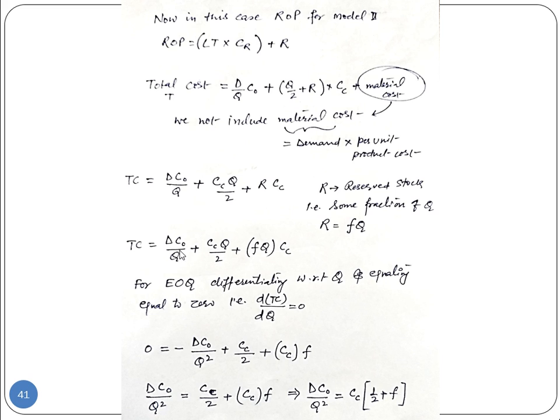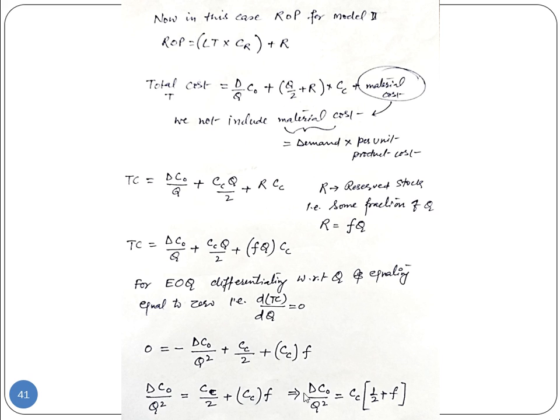तो इसका derivative we know, the derivative for this Q, ये ऊपर जाएगा -1, -1 आगे आएगा, -1 -1 -2, ये +2 नीचे हो गया, प्लस Q 1 आगे आ गया, 1 -1 0, तो ये बन गया CC by 2, और यहाँ पे क्या है Q अगेन 1 है, तो इसका भी 1 हो गया, तो ओनली F CC रहेगा। तो अब ये नेगेटिव टर्म है, I put on other side, it will become DC0 by Q square, and from here